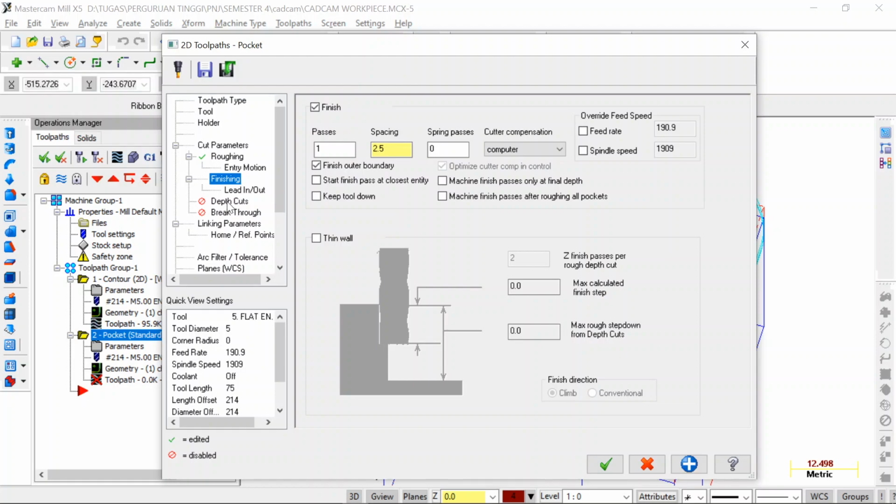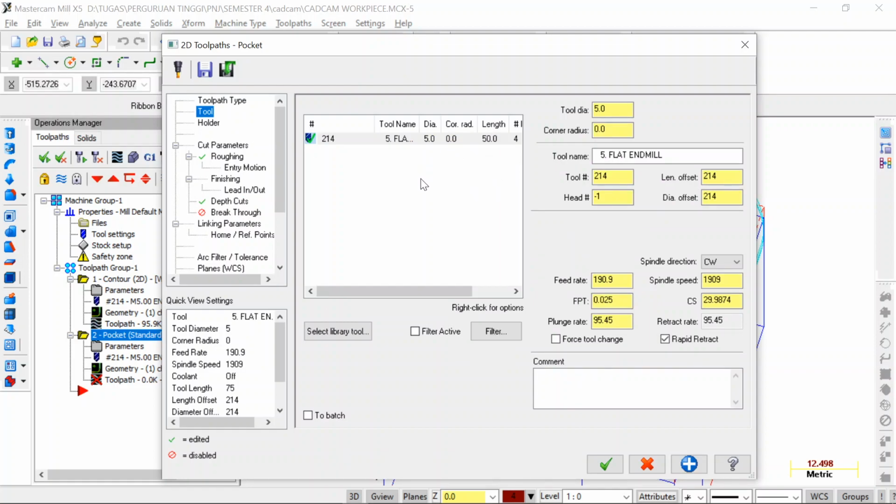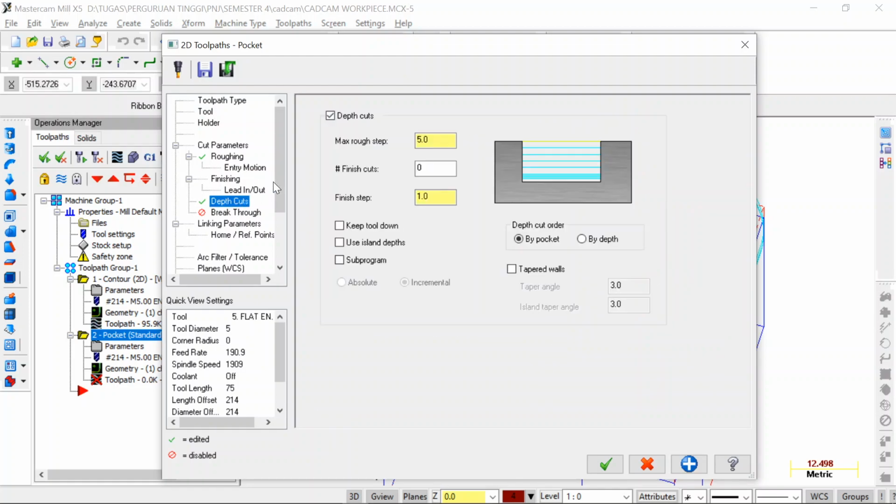Okay, and then we are going to depth cuts. The tool is the same, still the same as previous operation. We are going to operate it with 5 millimeter flat end mill. We are going to depth cuts.